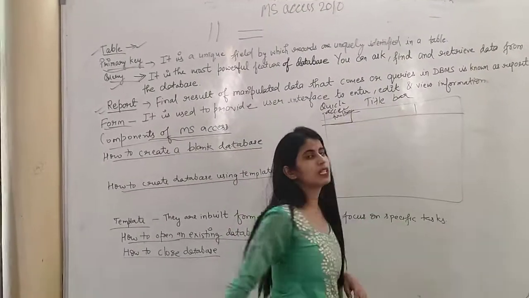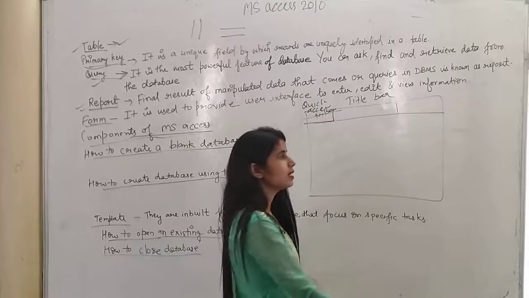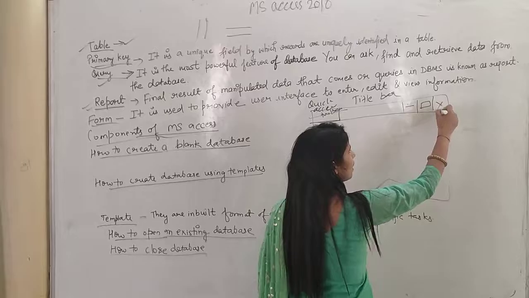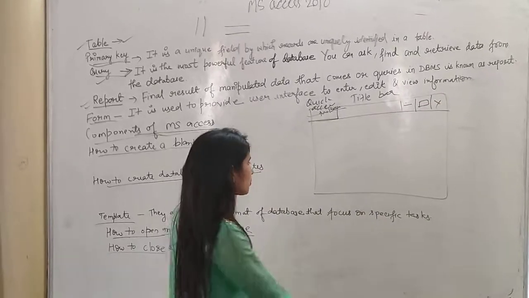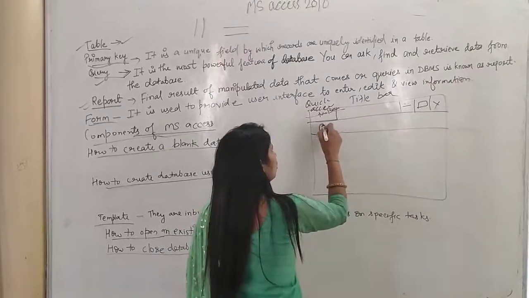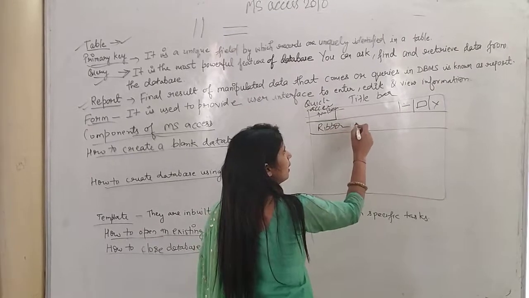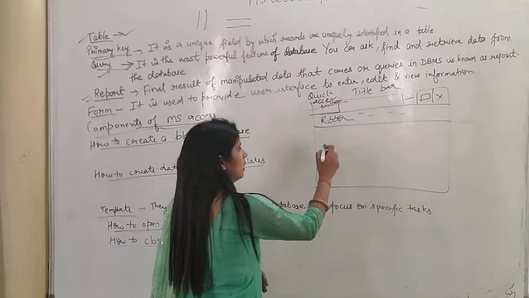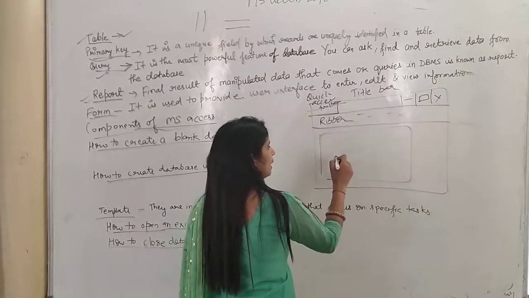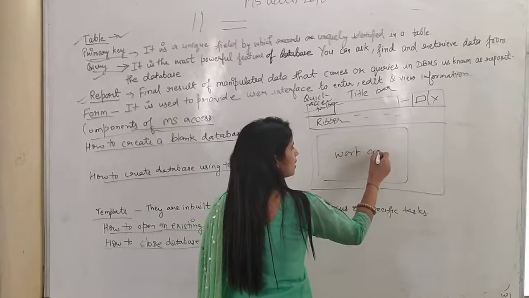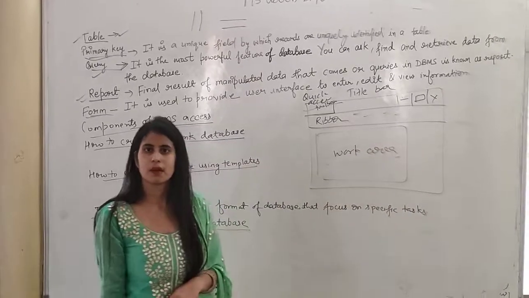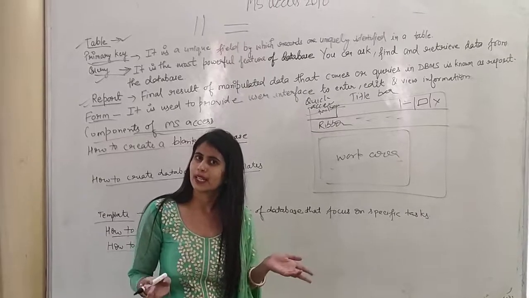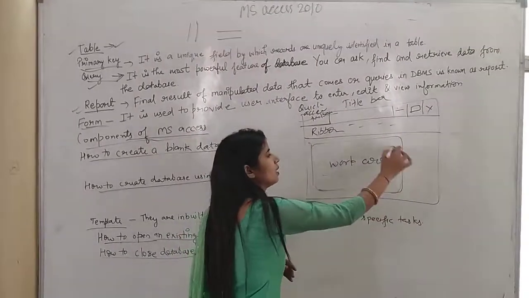Right side you will see control buttons. And what are the control buttons? They are the minimize, maximize and close buttons. Okay. Downside of it you will find an option that is known as the ribbon. Here all the related commands are present. Okay. This white area is known as the work area. The place where you are working, the place where you are writing is known as the work area.